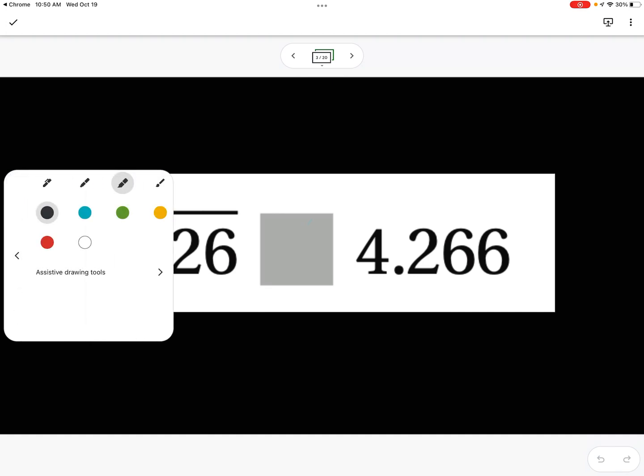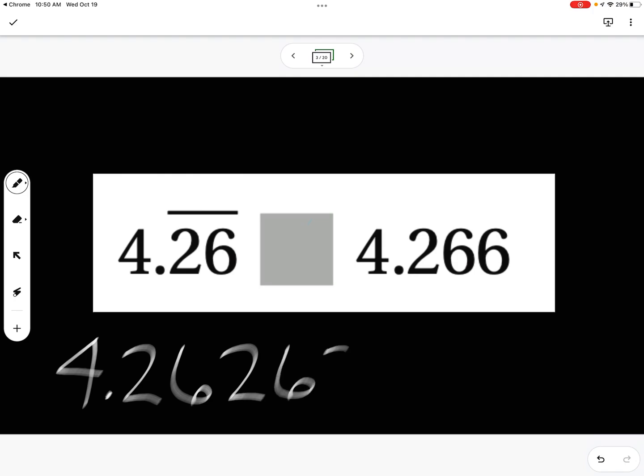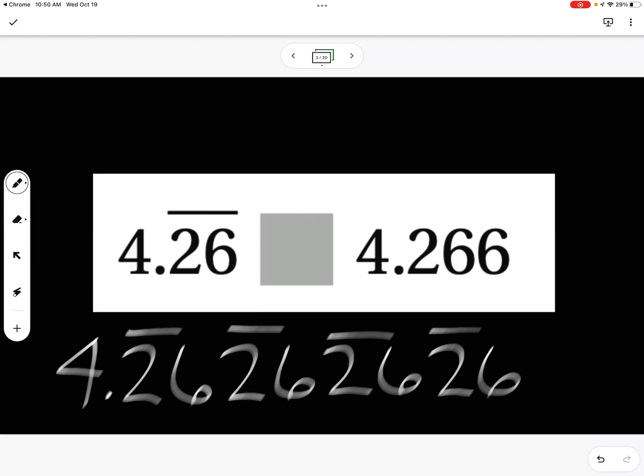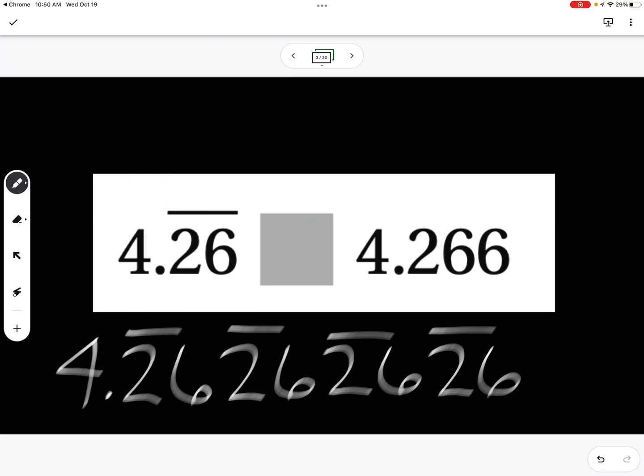All right. In this one here, we have 4.26 repeating decimal. And so what that means is we have 4.26, but this value continues on infinitely, the way that I'm writing it. It's just consistently going to be 26, 26, 26, 26, and so on. All right, and then on the other side, we have this value,